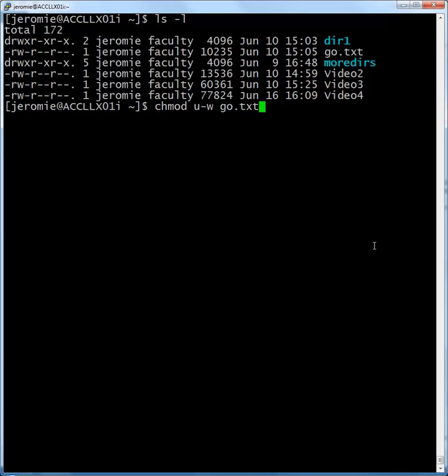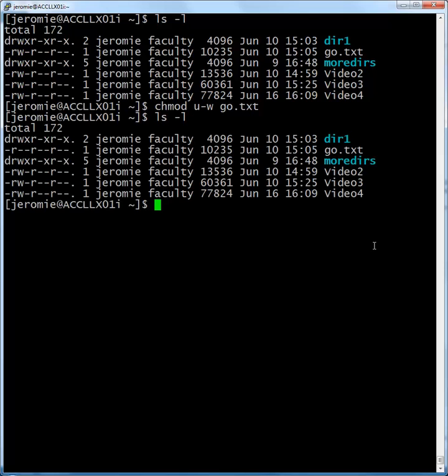So with chmod, I could use u, g, or o to choose a particular one of those: user, group, or other; minus to take away a permission, or plus to add a permission. And w says this is the permission that I want to add or take away in this case. So if I do chmod u minus w go.txt,